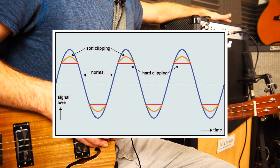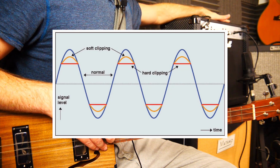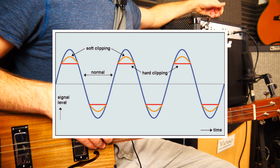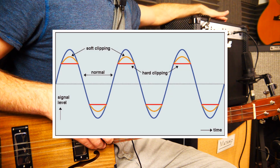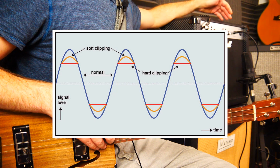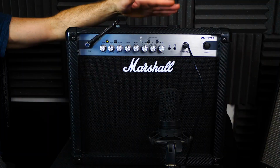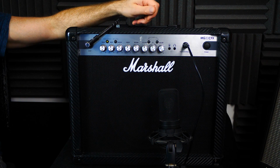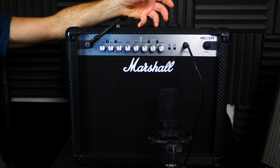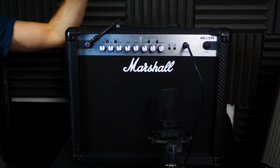And because of the hard clipping that occurs in solid state amps, you can't necessarily turn them up so loud. If you get to 8 or 9 on a master volume and you've got distortion again, it's just very, very unpleasant in comparison to a valve amp, which you can sometimes turn up almost full and it's really driving, but it still sounds all right. So